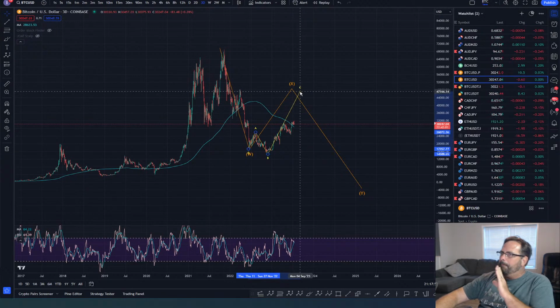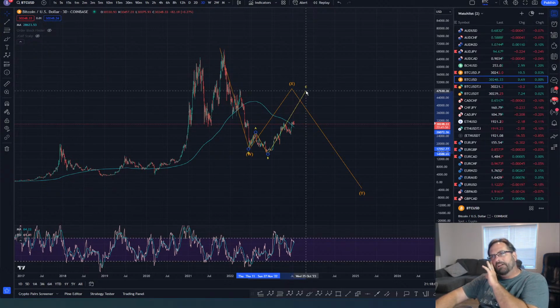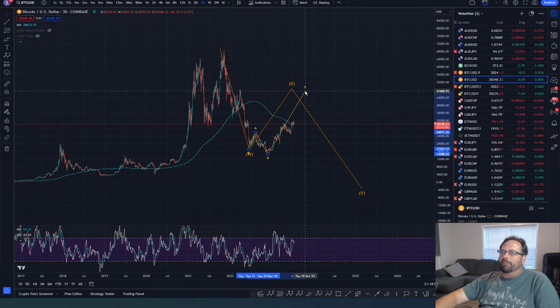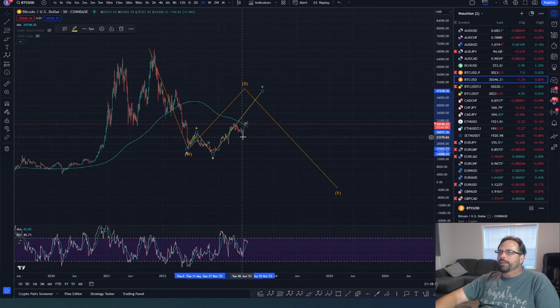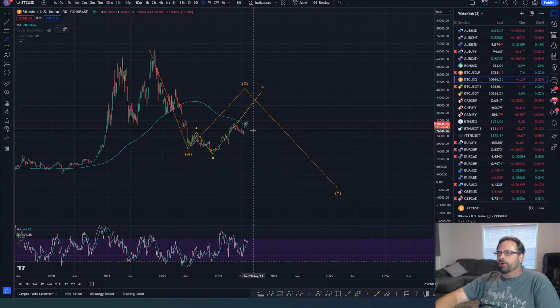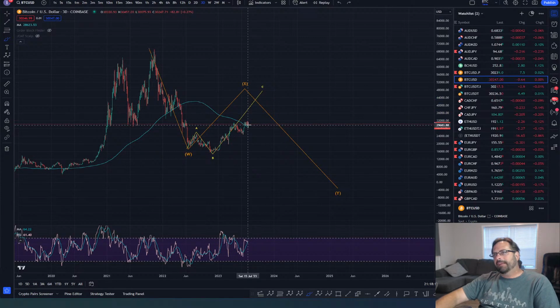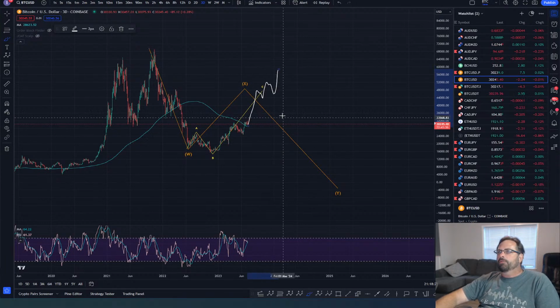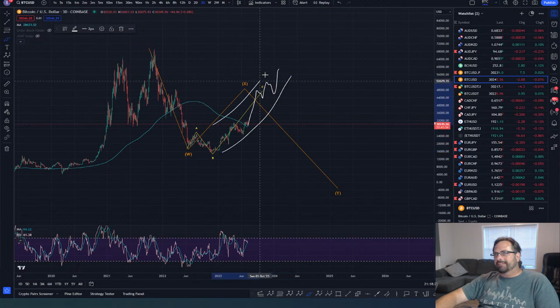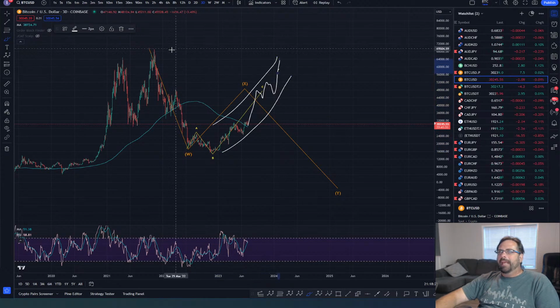I haven't abandoned it altogether because it's not invalid. Okay, it's not necessarily invalid. I'm just wondering how likely it is, based on this wave structure that we have right here, that we're going to get a wave that just turns around and goes straight up from here. That gives us a nice big bullish move straight up. I just don't know if we get a bullish move. This is what it would have to look like, something like this, and it would have to go up and retest this high.